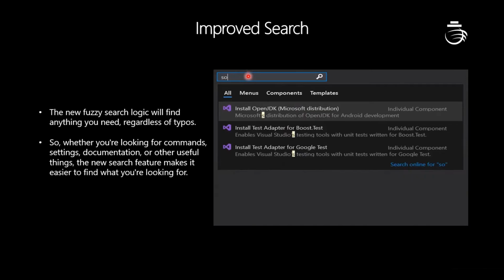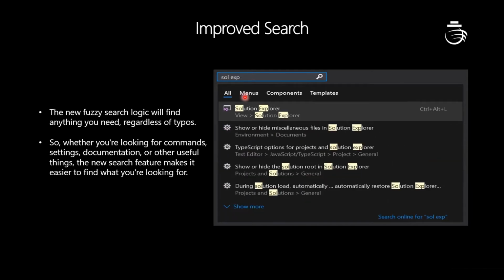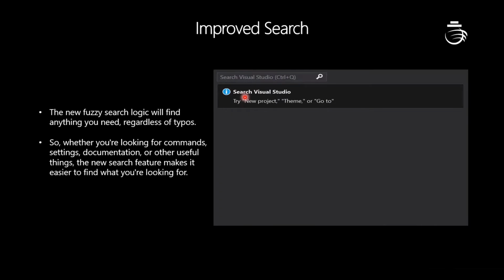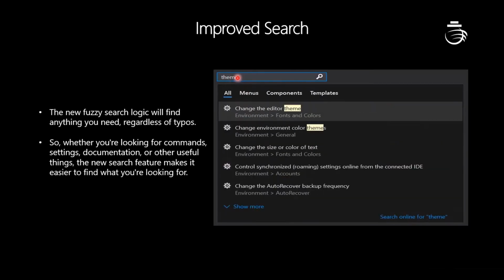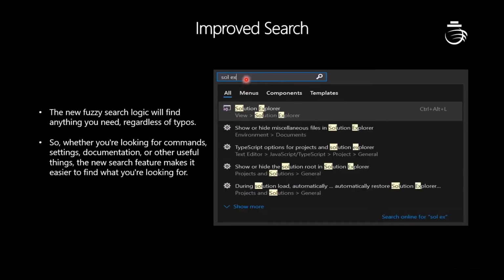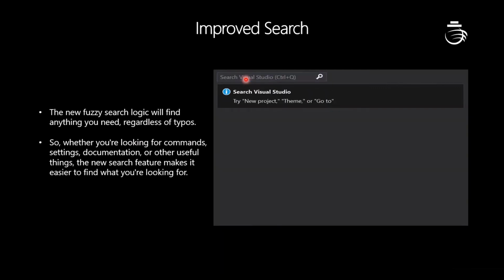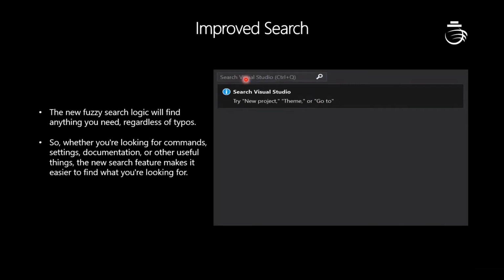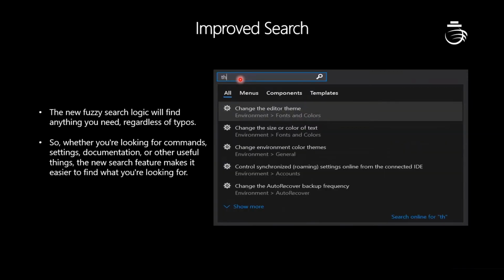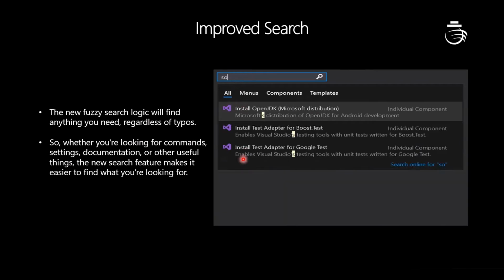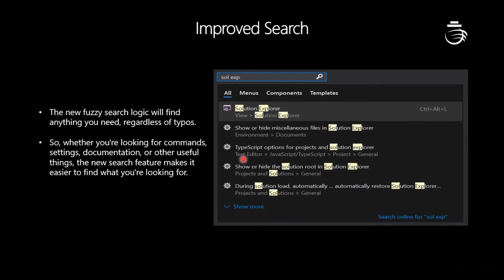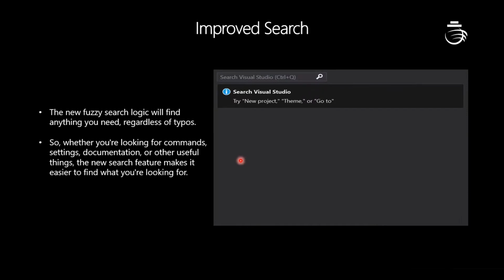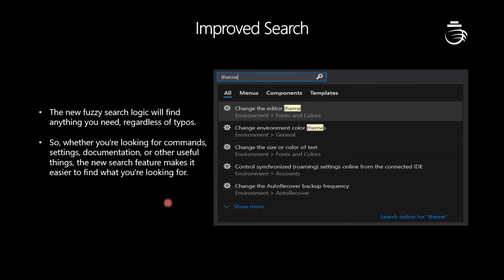You can search anything. If you want to search at the setting level, you can. If you want to search in code, like for some method, you can give the method name and it will find the result. Visual Studio level search is also possible. And one more important thing, it is tolerant of errors. In the previous version, if you made spelling mistakes, it wouldn't give the right results. Here, even if you make typos, it still gives you the right suggestions. Okay, let's quickly shift to Visual Studio and see a demo of what we have discussed.